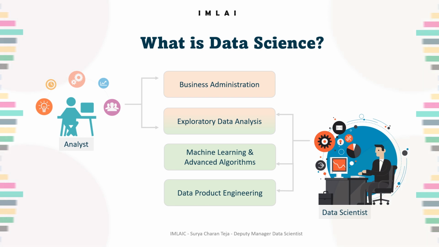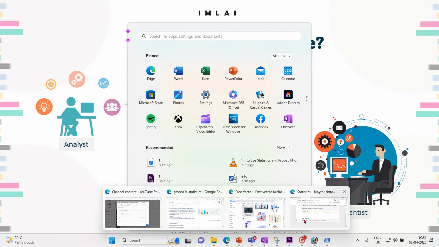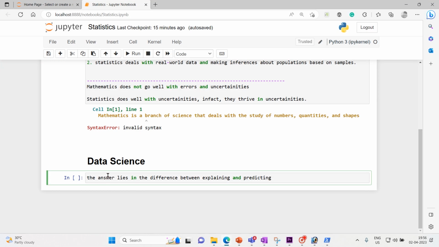So that's where I said the difference lies. The answer lies in this. The difference is one explains, the other one predicts. One looks into the past. The other looks into the past as well as the present, and also has to look forward. The one who does all three is a data scientist.